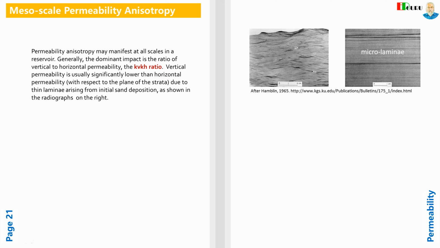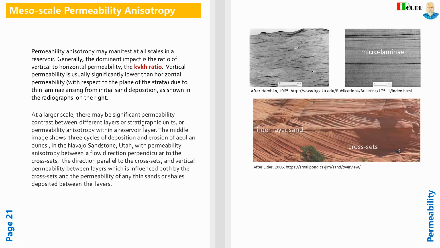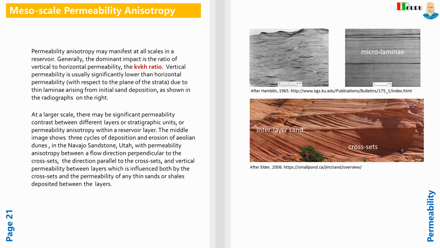At a larger scale, there may be significant permeability contrast between different layers or stratigraphic units, or permeability anisotropy within a reservoir layer. The middle image shows sea cycles of deposition and erosion of Aeolian dunes in the Navajo Sandstone, Utah, with permeability anisotropy between a flow direction perpendicular to the cross-sets, the direction parallel to the cross-sets, and vertical permeability between layers, which is influenced both by the cross-sets and the permeability of any thin sands or shales deposited